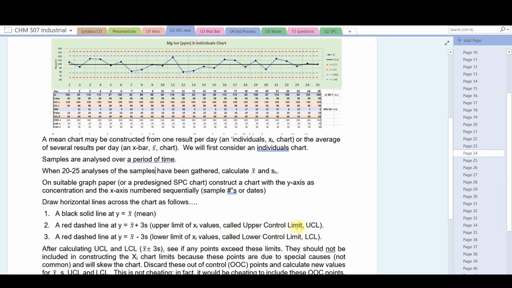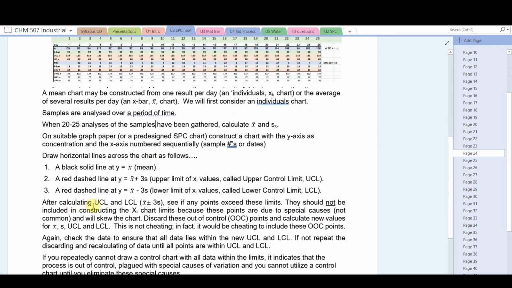This is called the upper control limit. A red dashed line at x bar minus 3 standard deviations. Here it is here. That's called the lower control limit. After calculating upper and lower control limits, x bar plus or minus 3 standard deviations, see if any of your